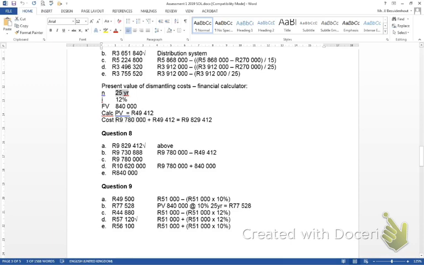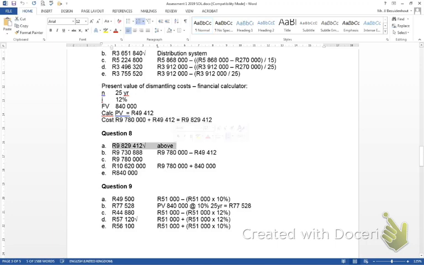Now, there's a 20-year factor because that's the life of the asset in total. Remember, you can replace the turbo motor after 15 years and use it for the next 10 years until that asset. So it will only be dismantled after 25 years. The 12% was given to you in the question, and 840 is the future value of the dismantling costs. So therefore you've just calculated your 49,000 as the present value of the dismantling costs. We are not using this in the process of manufacturing. It's an air conditioning system. So therefore, we will capitalize it against the asset, and that is your answer that you had to give in